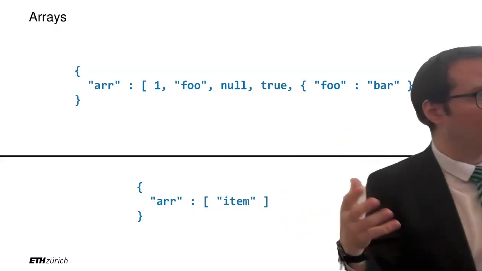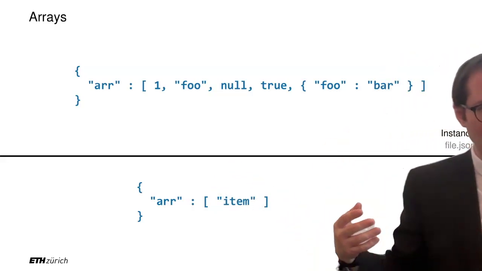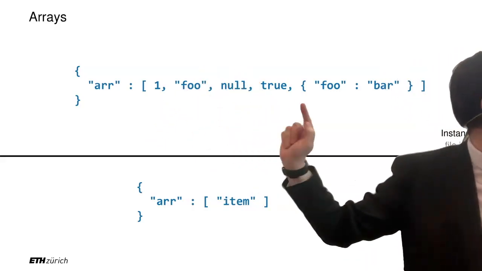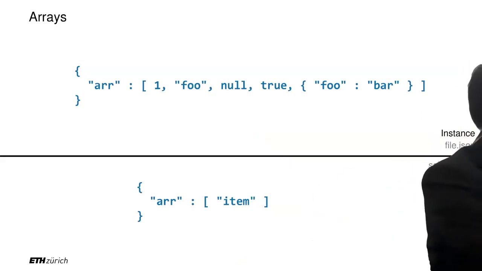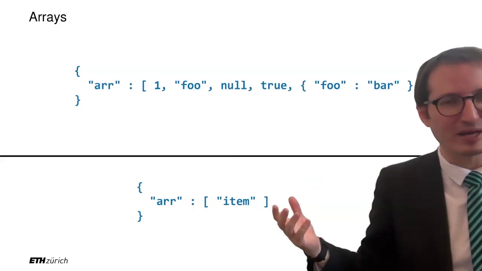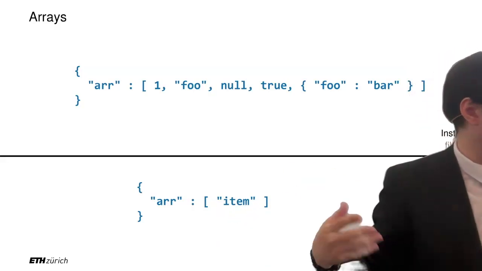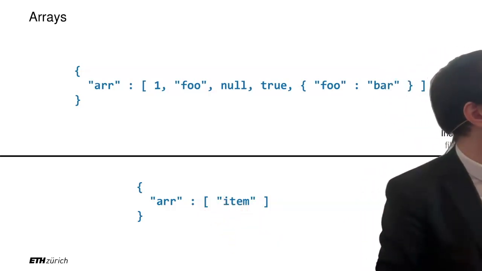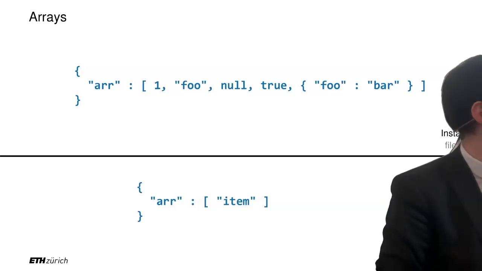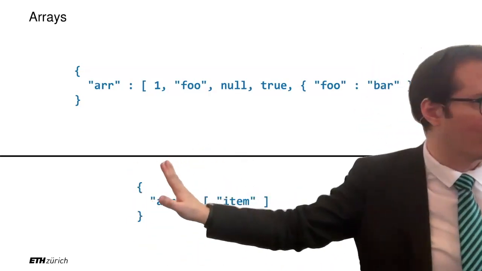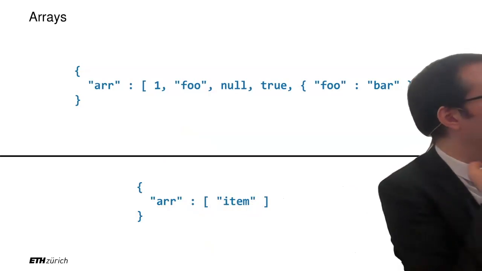Now, perhaps somebody would like to say, I want an array so that the first value is an integer, the second one is a string, and the third one is null, and so on. You can also do that, but that would be with a verbose syntax and maybe with your own script. So yes, in principle, you can do that. You can also constrain the length of the array with the verbose syntax. You can say, I want items, but between 2 and 8, for example. As soon as it's an advanced feature, that would be with the verbose syntax. The compact syntax is meant to cover 80% of the use cases, the ones that are simple.